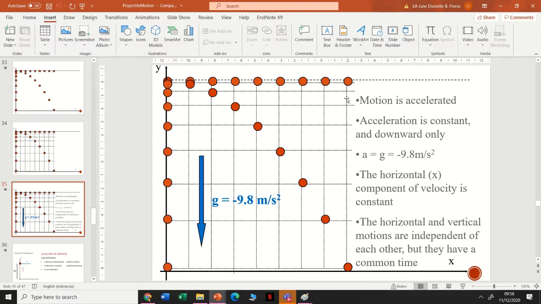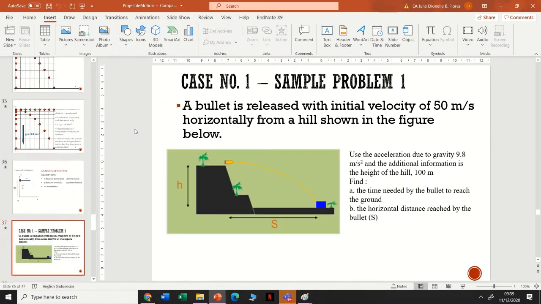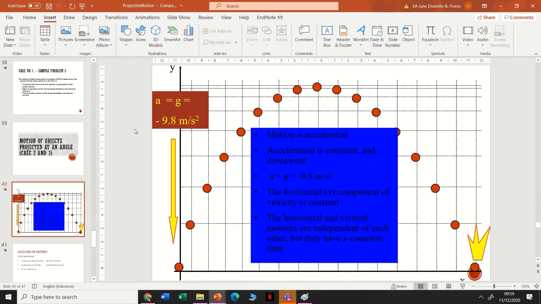Whichever dimension you use is just fine, because whatever value you get is also the value of the time for the trajectory itself. That is also the case for letter